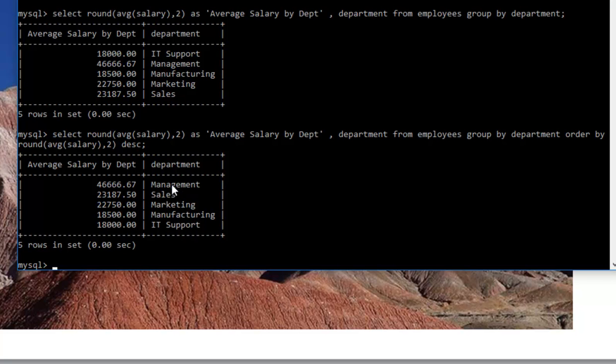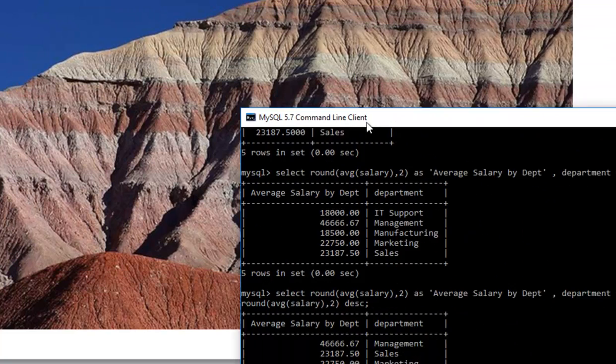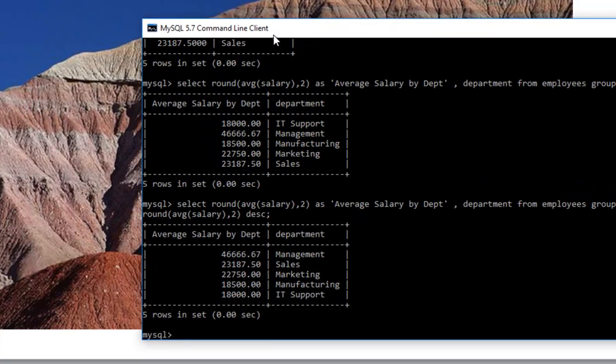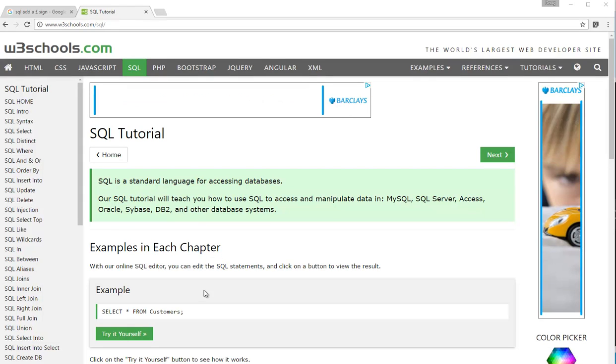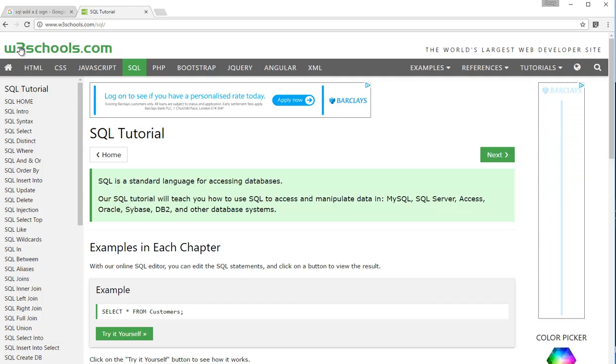Management, they take all the big salaries. Sales, marketing, manufacturing and IT support is at the lowly bottom of the pile. And that shows how to do a group by function, giving the idea of strata of the data, or layers in the data, stratification. There are lots of websites to get help on SQL, and w3schools.com do a brilliant tutorial on SQL,